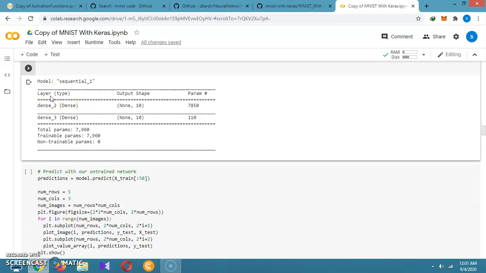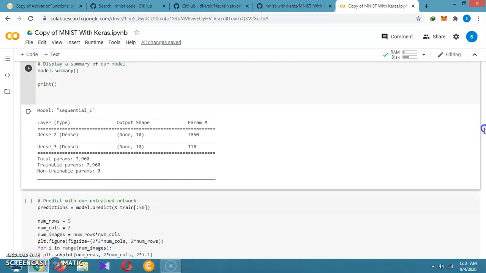This is the sequential model. If you are running this model equal to sequential, it will give the model sequential_2. So it has a layer, a dense layer, with output shape None, 10, and total parameters 7850. How is it calculated? Let's focus on it.